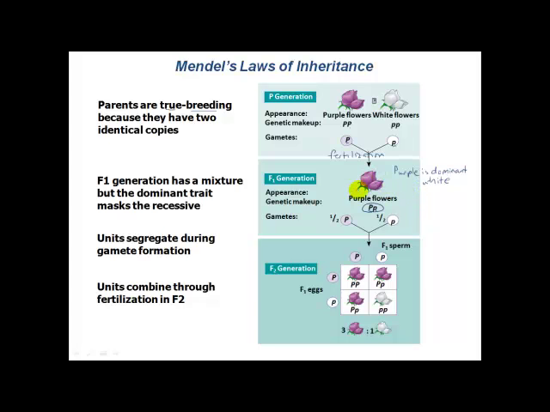White is recessive because in this first generation it recedes into the background and becomes invisible. But as Mendel discovered, we know that it's not gone completely, because if we allow these F1 plants to breed, we get that trait back in the F2 generation. So it's not gone, it's just receded into the background. And so we would say that white is recessive to purple.